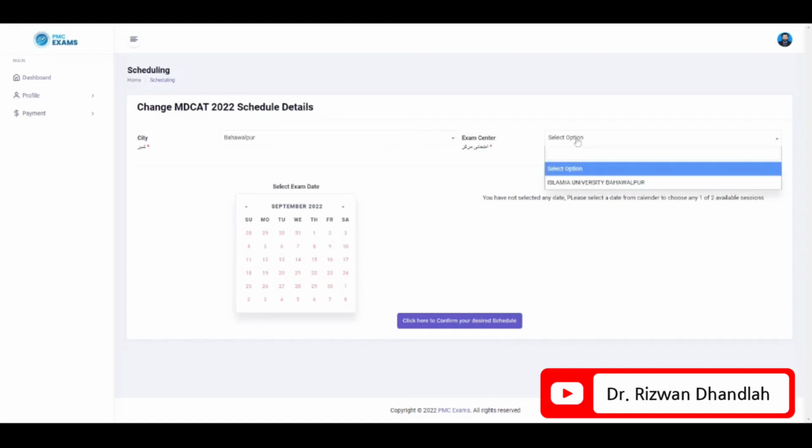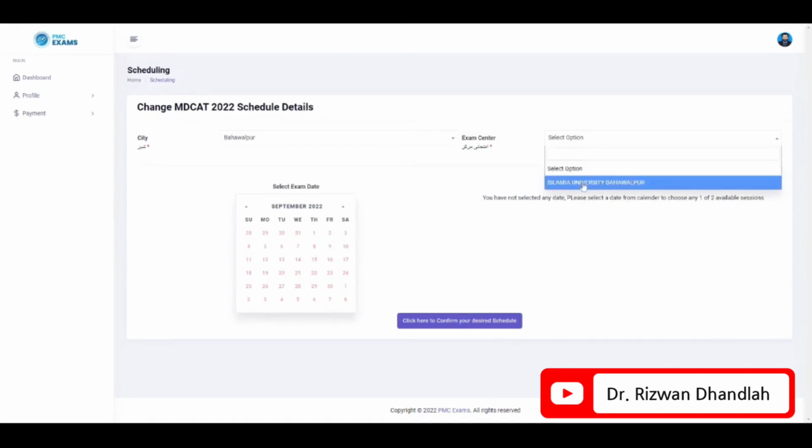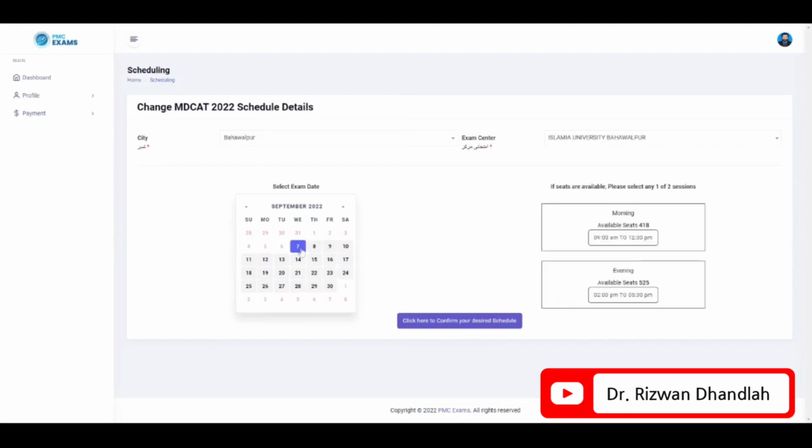Then choose Exam Center. You will see the days on the calendar on which the exam is conducting. Click any date to see availability. Once you click any date, you will see the sessions on the right side of your screen with the available